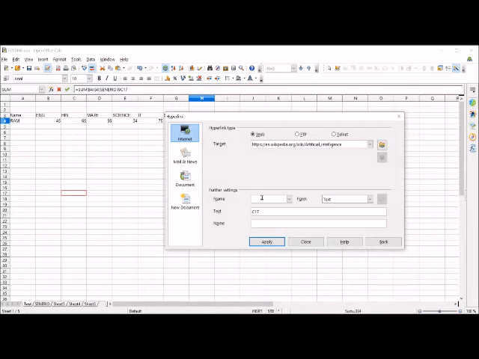Now these are the settings for hyperlinking. Frame settings are not useful because the frame settings of the original web page will only work. Here is the form option, that is, we can create a hyperlink either through hypertext or through a button. So first we'll see how we can create a hyperlink using text, and here I can write the text that I want, which will become the hypertext.